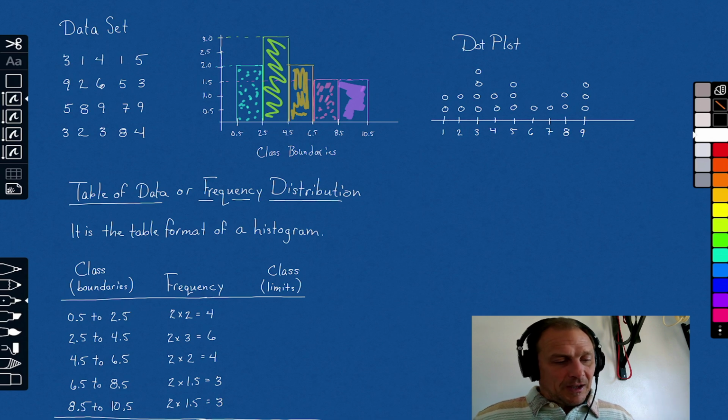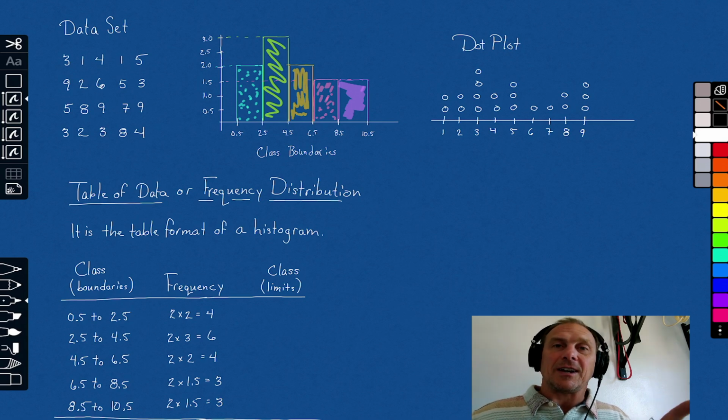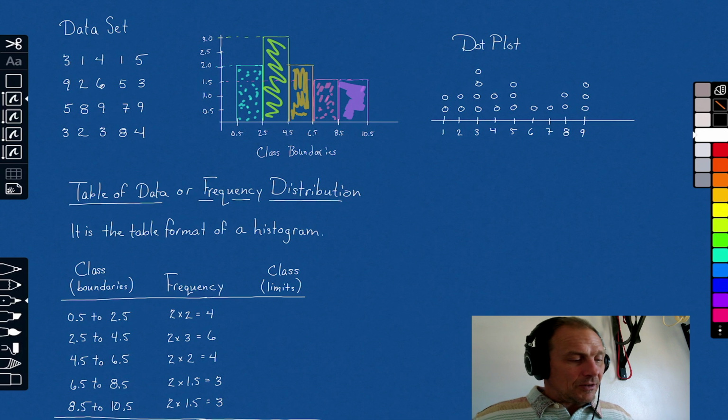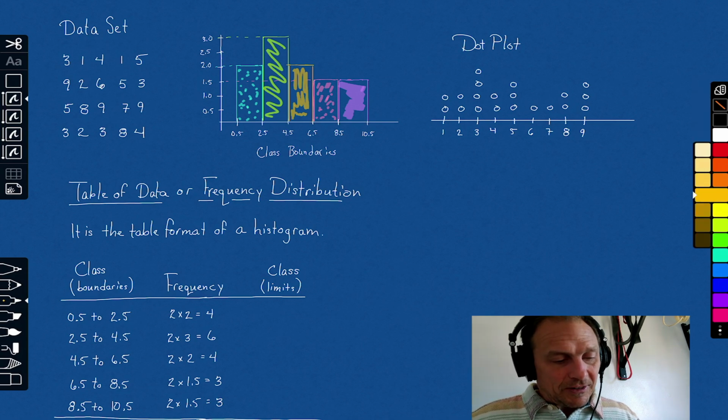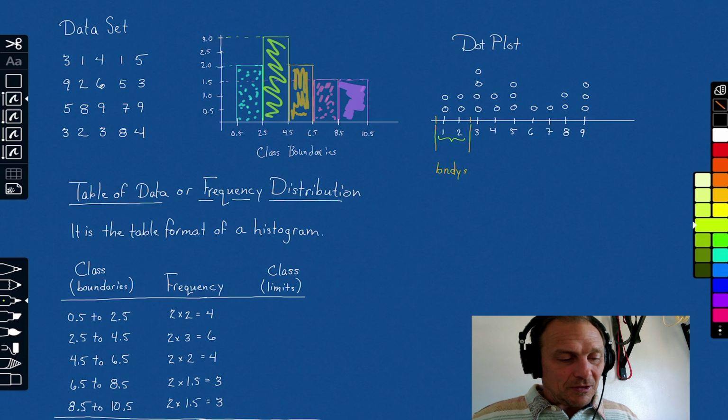So in other words, if you describe a class by its lower data value and its upper data value within the boundaries, those are called the class limits. So the first class has boundaries right here of 0.5 to 2.5. These are the boundaries. I'll abbreviate boundaries. And then the actual data, the lower, which is the 1, and the upper, the 2,